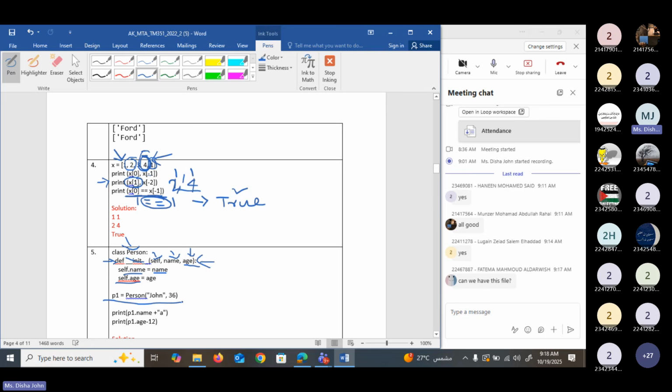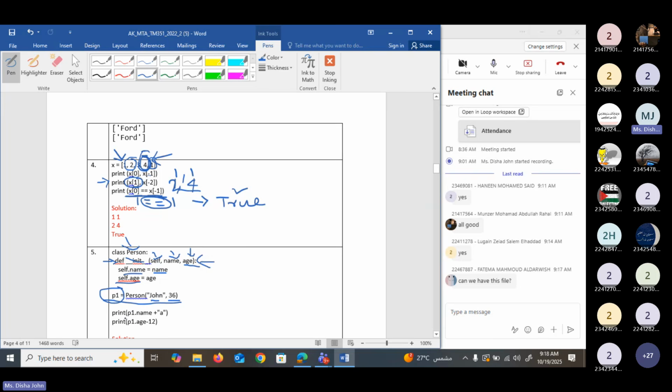This is how we are creating the objects and calling the init function. The object name is P1. So P1 equal to person. Then we passed the name and also we passed the age, which means that the name of P1 will be John and age of P1 will be 36. Do you understand? Yes.